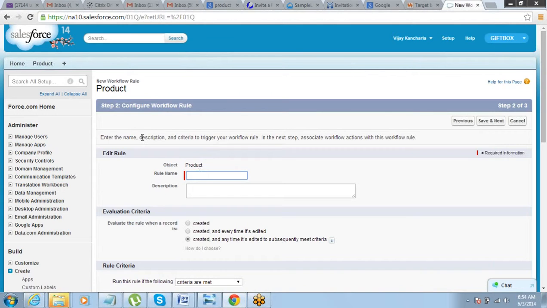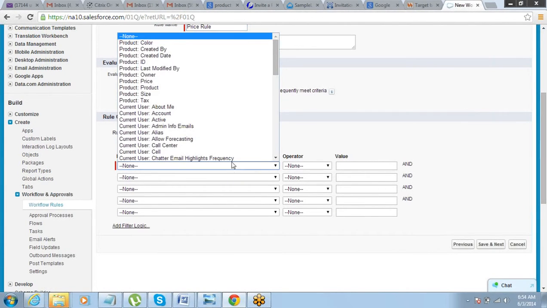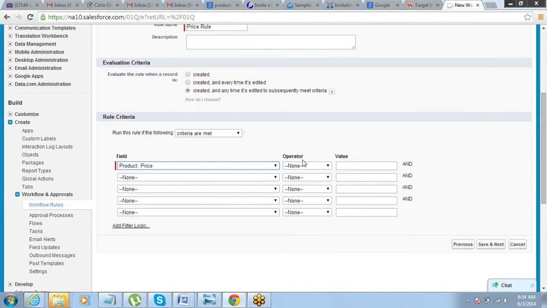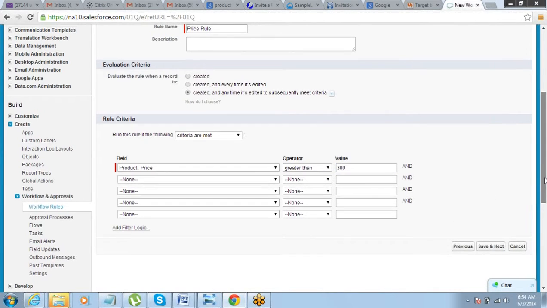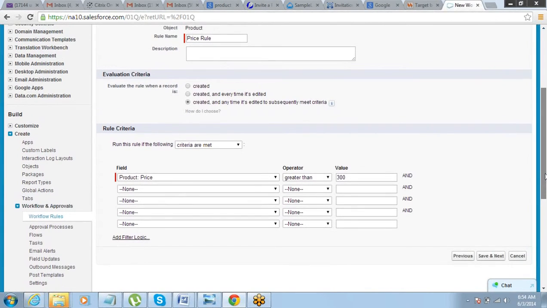We need to connect it to the custom object that we created here. See, product price greater than 300. So this is our workflow.